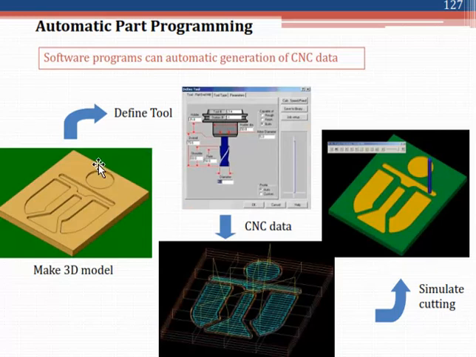Next, you must have some basic idea of what tools are selected to machine this model, what the tool path is, what the dimension of the tool is, and what type of fixture. This basic knowledge you must know before entering into the CAM.